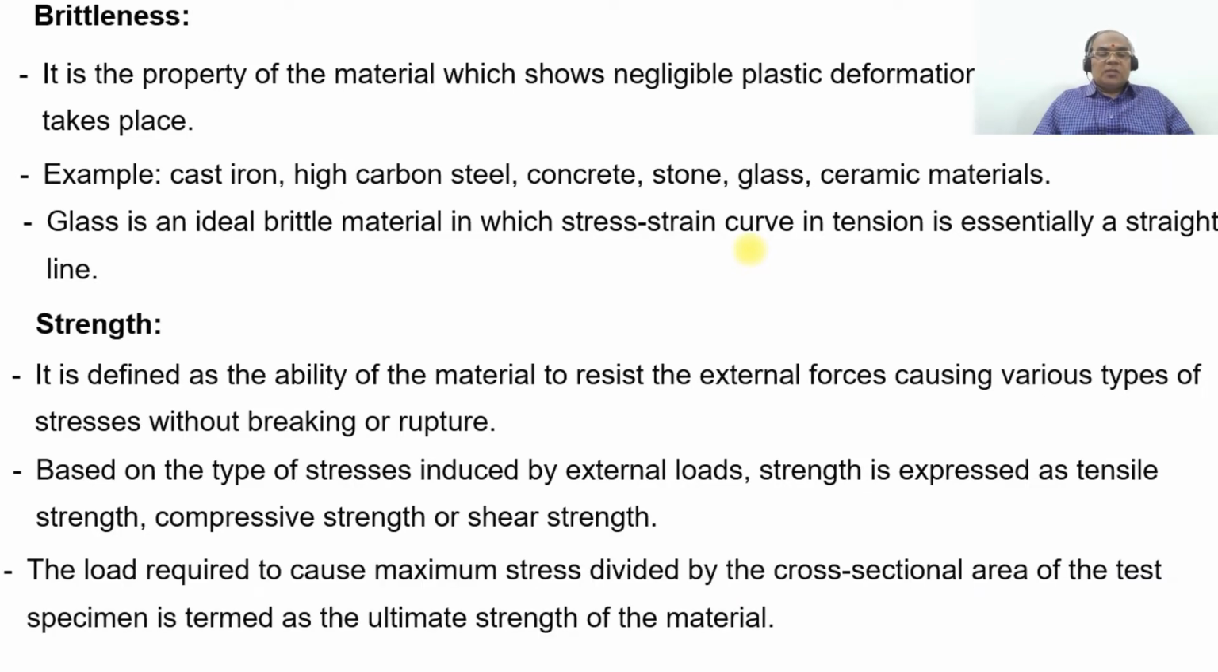The load required to cause maximum stress divided by the cross-sectional area of the test specimen is termed the ultimate strength of the material. So what is the ultimate strength? It is the maximum load divided by the cross-sectional area of the test specimen. Similarly, now we'll go for the stiffness